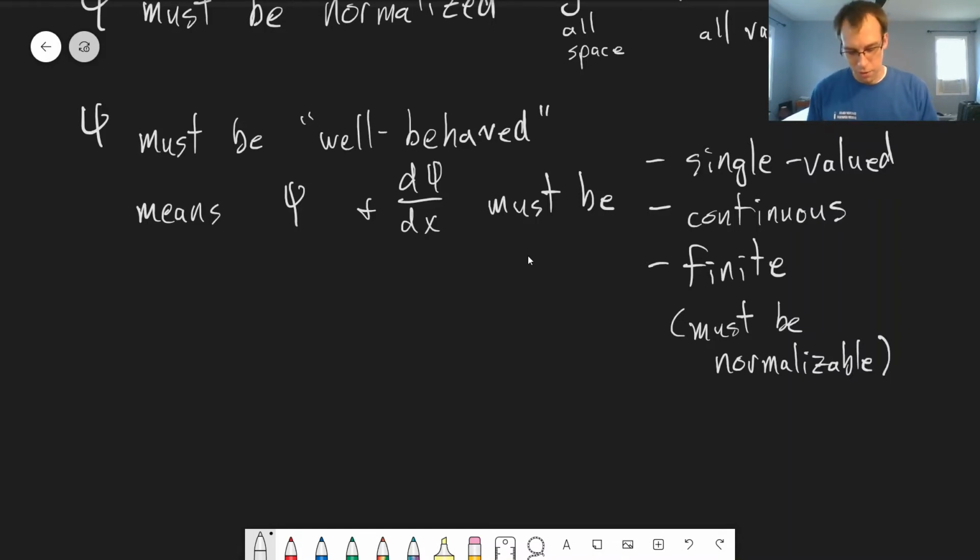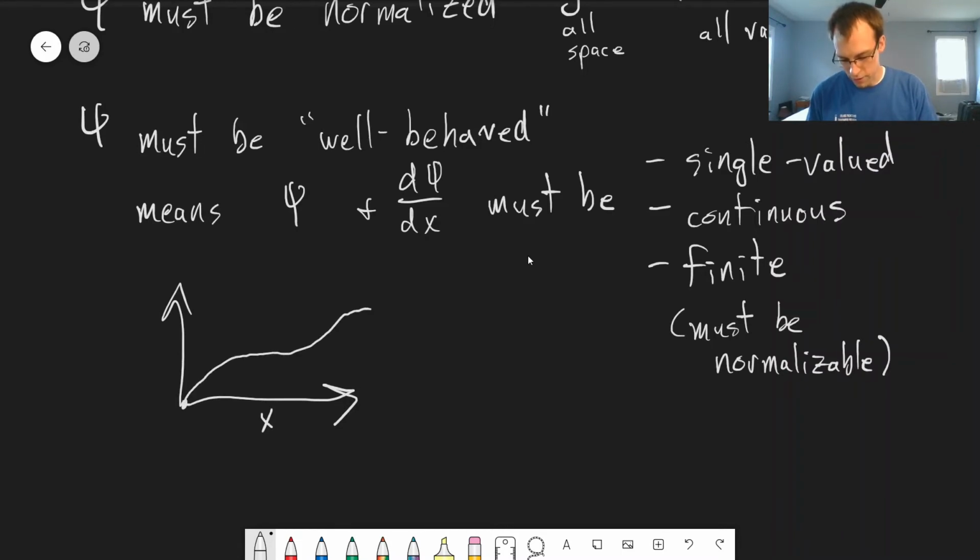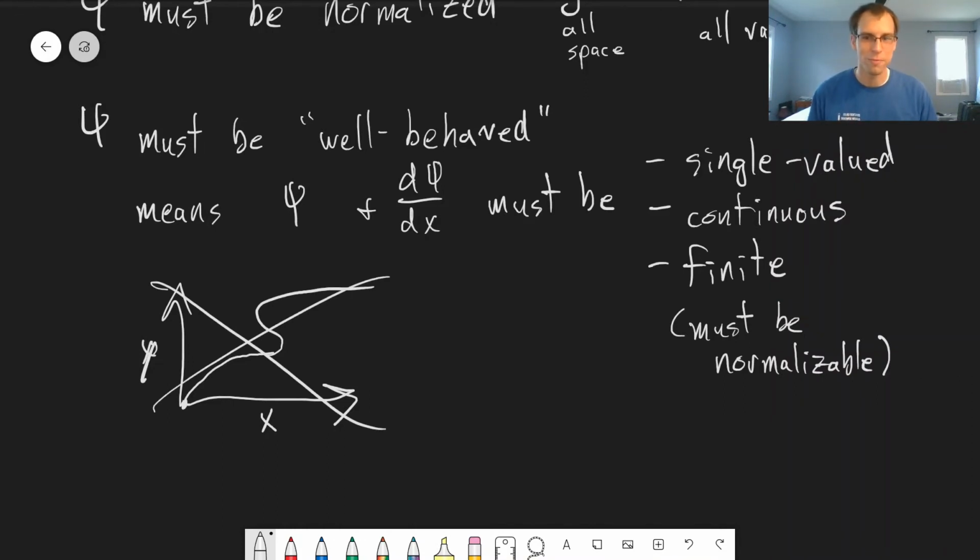Let's just go over single valued, the only one I haven't talked about. If we plot the wave function or its derivative, a single valued wave function is something that only has one value of y for every value of x. An example of a non-single valued wave function would be, if I erase this, a function that doubled back on itself and went like this. Most of the functions that you're familiar with don't do this, so it's a pretty strange function that is not single valued. So this is not allowed. That would be a naughty function that can't be a wave function.